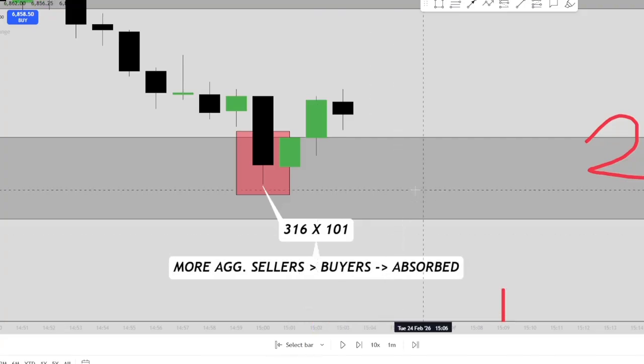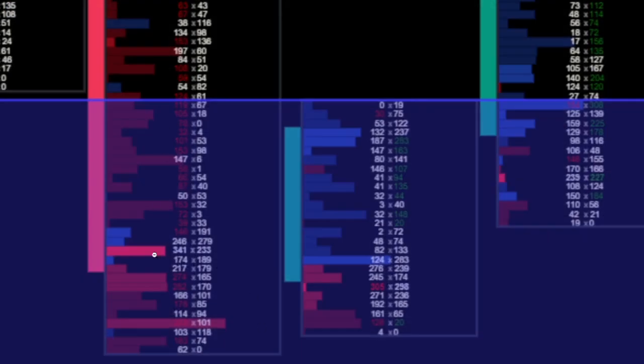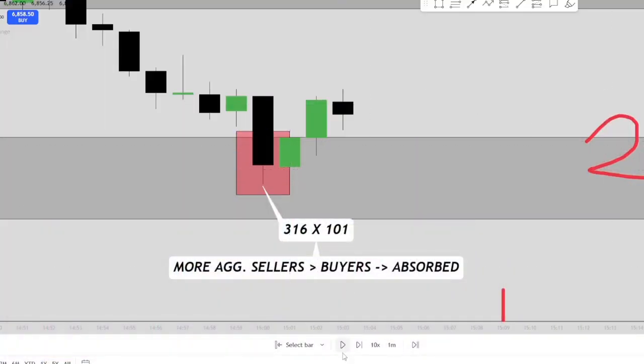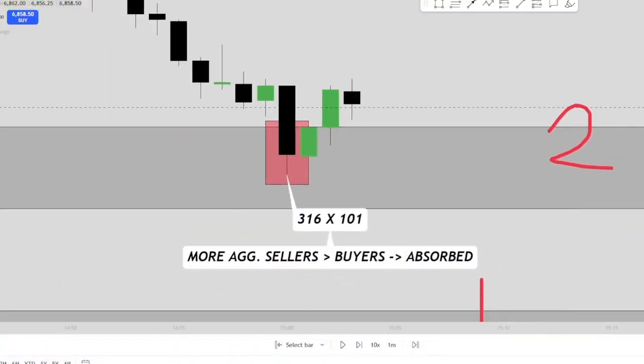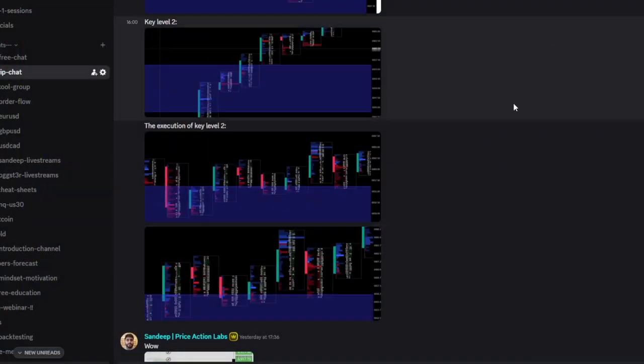Price comes into your level, price breaks above your level, despite there being a lot more aggressive sellers than buyers. And we see that throughout the entire candle, right? We see all the aggressive sellers here, but they don't get rewarded. Even here, we see this green candle, but what's important is the market's broken higher, but there's a ton of aggressive selling down here. Right, this little green candle, which is this little green candle here. So from an execution perspective, what I'm looking for in real time, right, how I'm looking at the order flow in real time. So if I'm